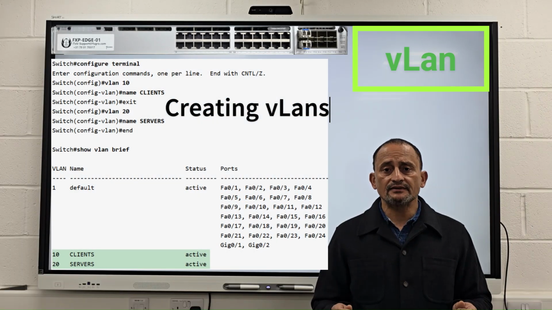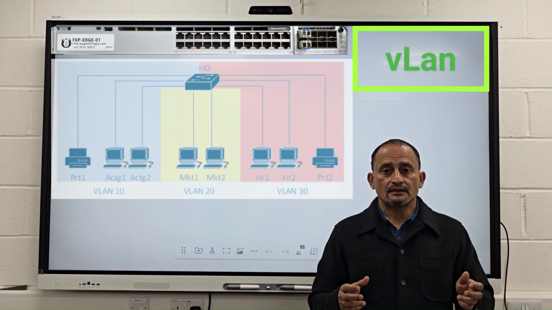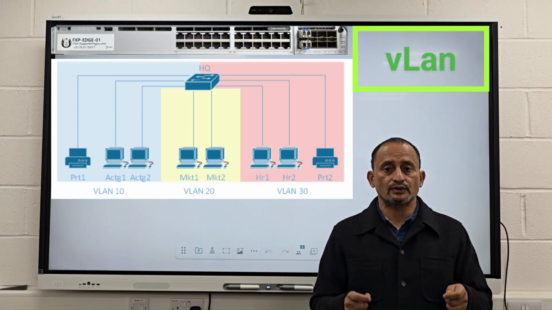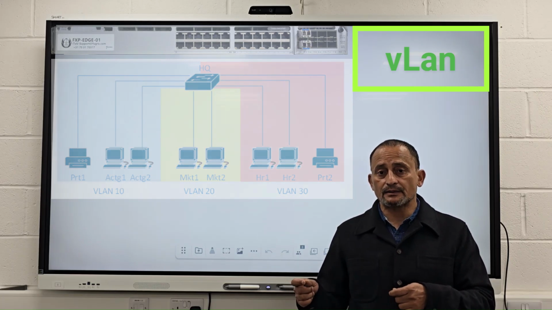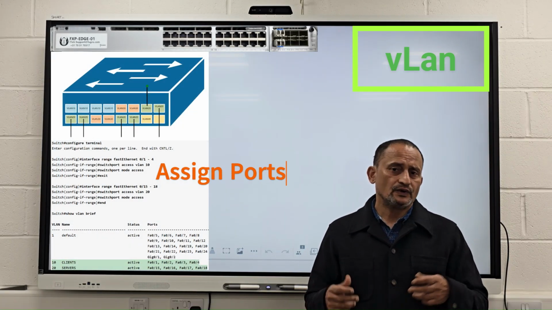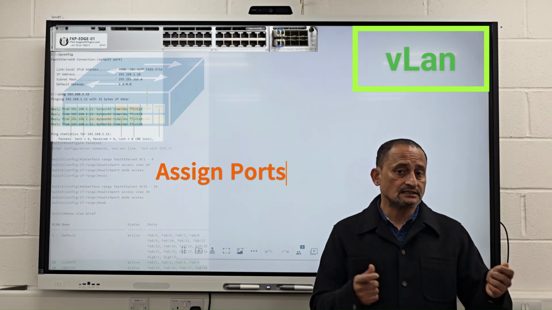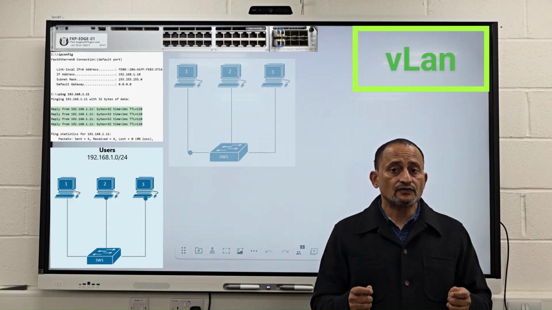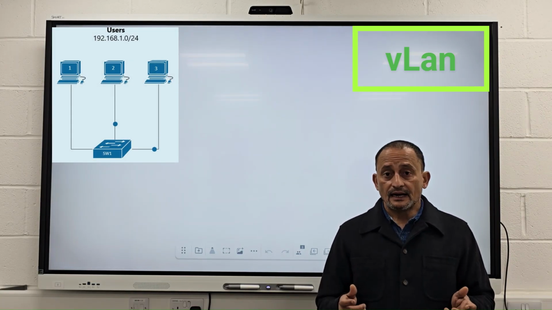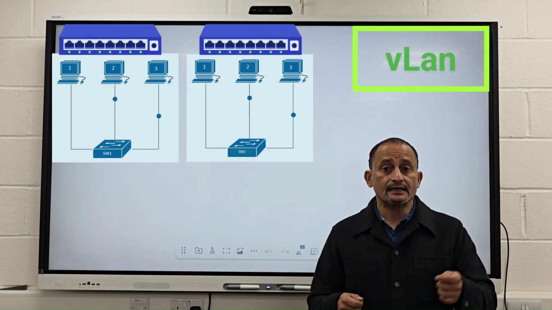To put it in perspective, let's say we have a project VLAN where the systems and computers are interconnected together to share data and store it. Then we have a processing department which wants to get access to that data and process it. We can have other departments like a management department in an organization, the HR department. We do not want the data from one department to freely be accessed by any other department. But at the same time, in the same office building, we do not want to run too many cables or